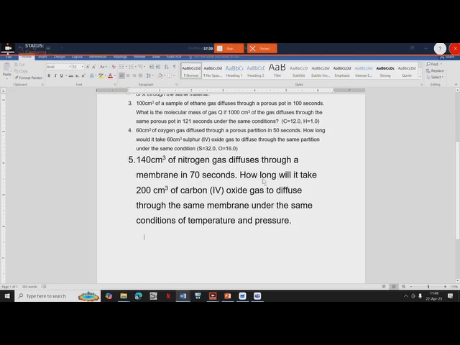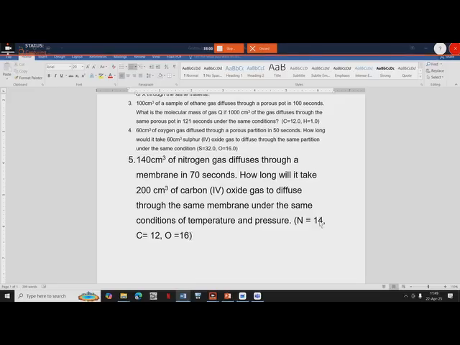Oh, no question. Okay, so look at this question here. We are given two gases with different volumes. 140 cubic centimeters of nitrogen gas, N2, diffused through a membrane in 70 seconds. How long will it take 200 cubic centimeters of carbon dioxide gas to diffuse through the same membrane under the same conditions of temperature and pressure? So the question is incomplete. N is equal to